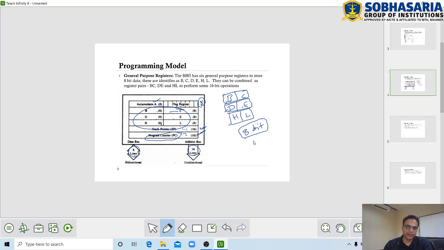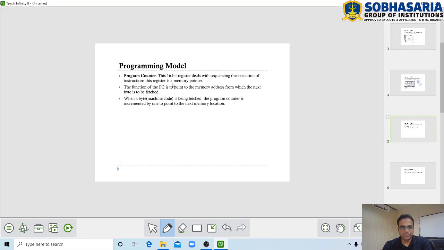Let us understand what type of 16-bit address these two registers store. First one is the program counter, a very important 16-bit register which is used in sequencing the execution of instructions. For example, the microprocessor is connected to a memory and wishes to read the program, and suppose we are storing our opcodes or program in these locations.